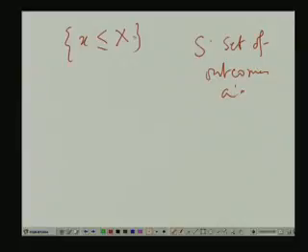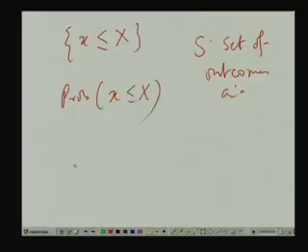So in that background, the question is: if I want to ask what is the probability that random variable x is less than or equal to capital X, how do we define it? You understand my point? So far, the notion of probability has been defined on sets, that is events, not on numbers. So if we have a condition like this, that x is a random variable that takes values less than or equal to a given number capital X,